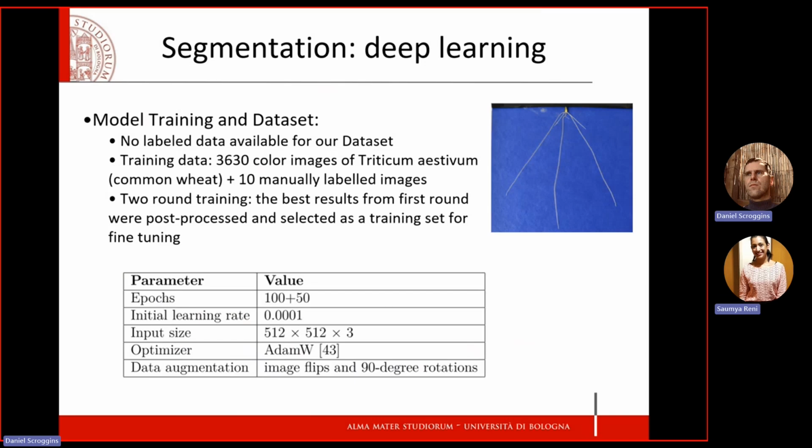So some of the resulting masks were subjected to a post-processing phase to thin the extracted roots and trim any protrusions. From this set of images, we manually selected the best ones to use as a second-phase training set for a second round of training. So we had 2 rounds of training, the first of 100 epochs, the second of 50 epochs. The result